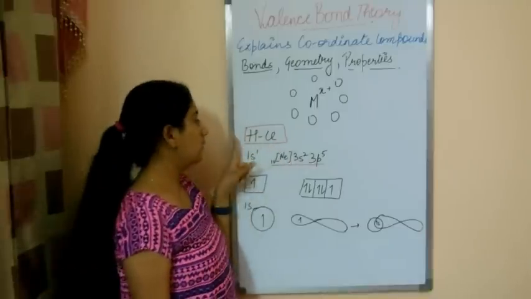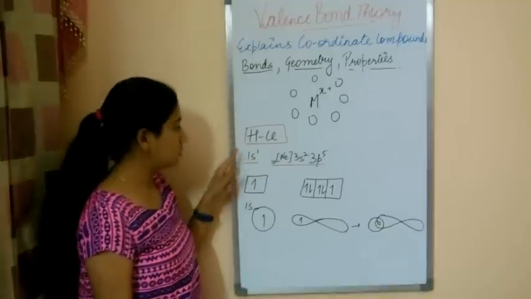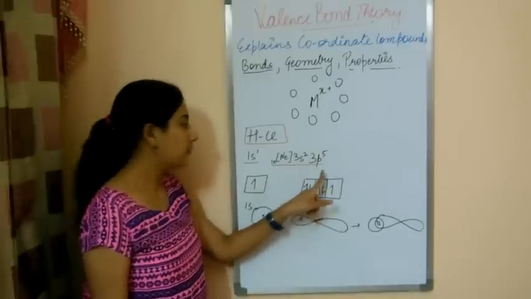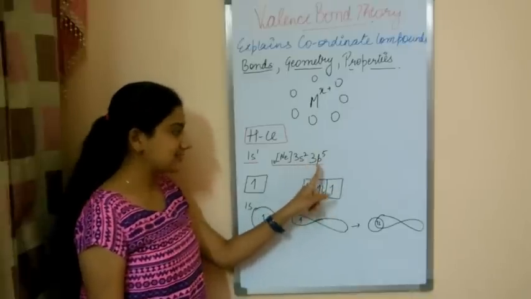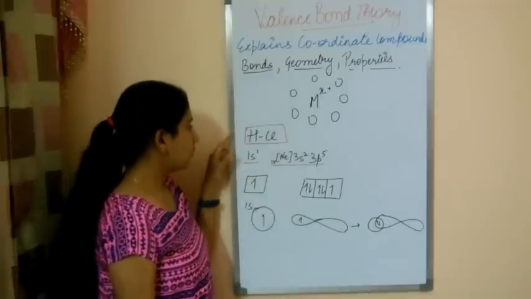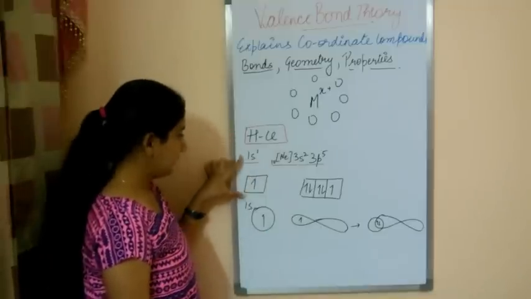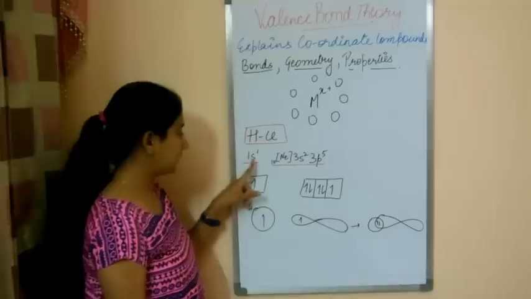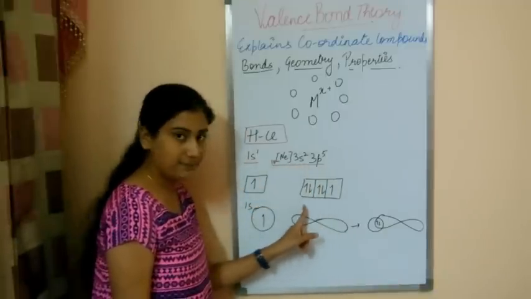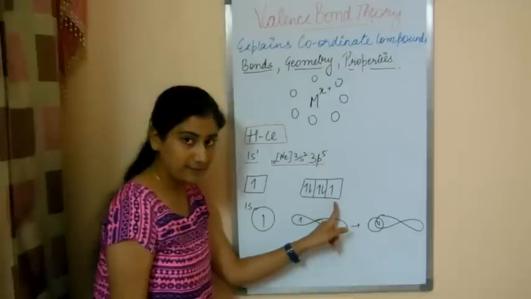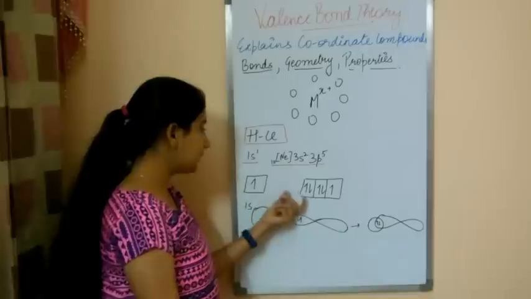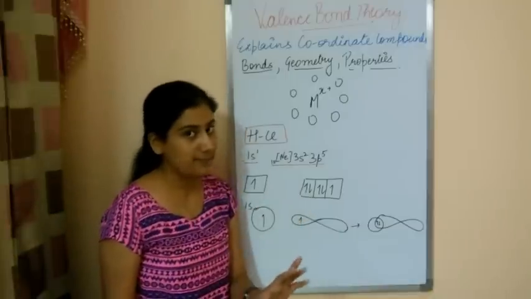How do they combine? We know that the electronic configuration of hydrogen is 1s1, and for chlorine, it's 3p5 in the valence orbital. We know that s and p are orbitals, and n are the energy levels. We can show this diagrammatically: the s orbital contains one electron, and the last shown here, 3p5, contains 5. We know that each orbital can accommodate 2 electrons, and if it accommodates 2 electrons, it is stable.